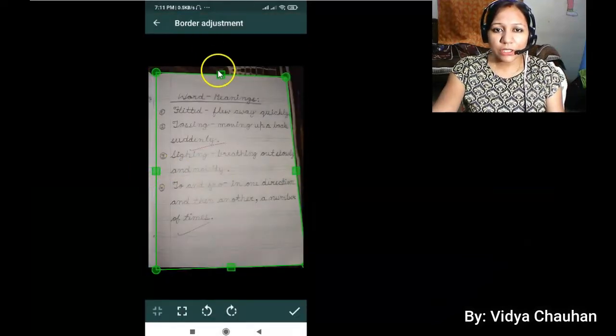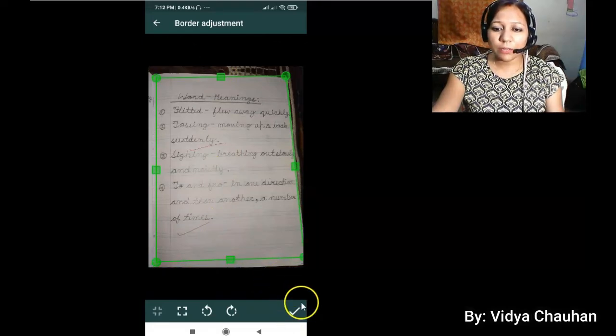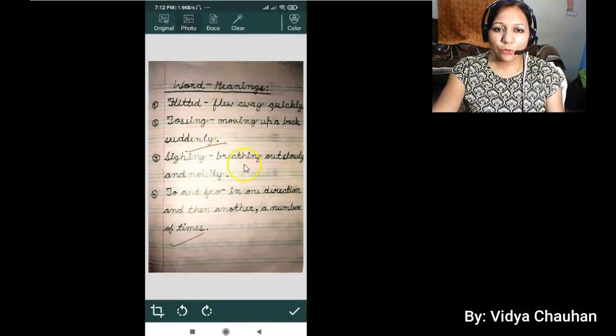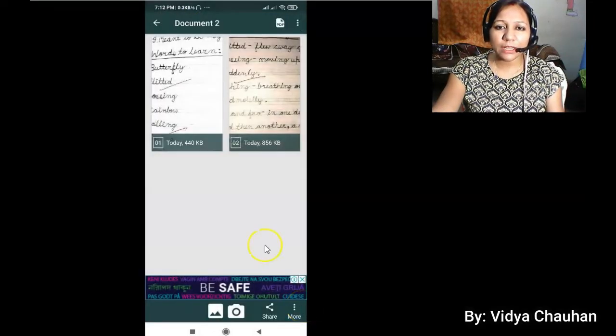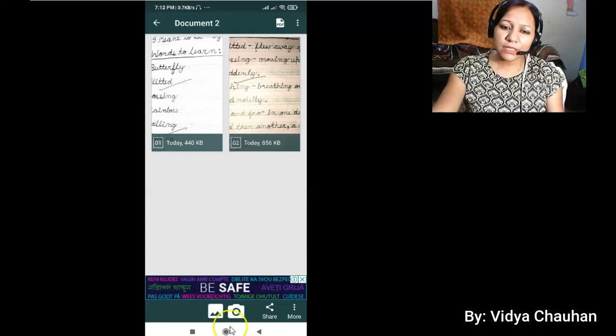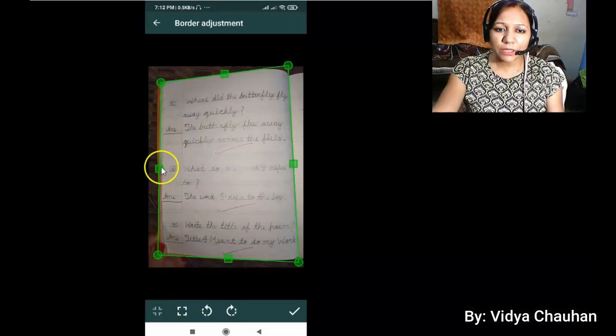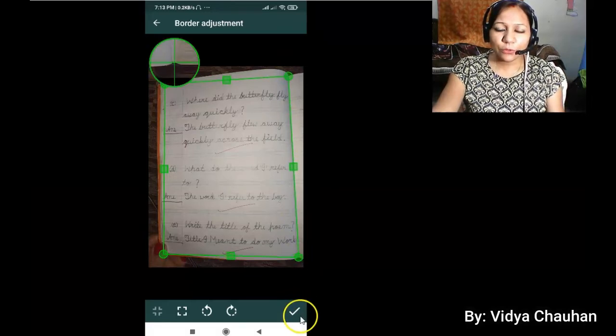Then again, with the adjustment of the green margin, you can adjust and click on the tick button in the lower right corner. Now here the clear image, then doc image, and you can see a photo image. If I feel that the photo image is better, then I will select it by clicking on the right button. If you have to select some more images, then once again you click on the camera icon and the green margin will be there. You can adjust the green margin from all the sides, from the top, from the bottom, and at the end what you have to do,